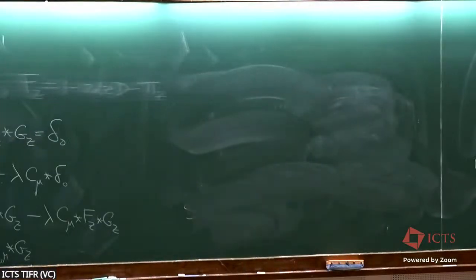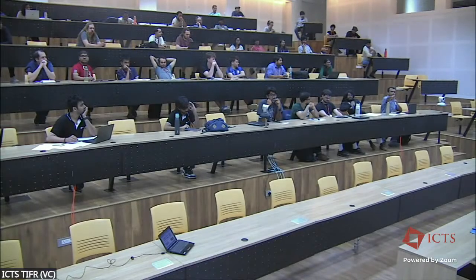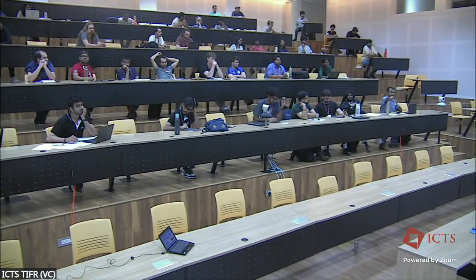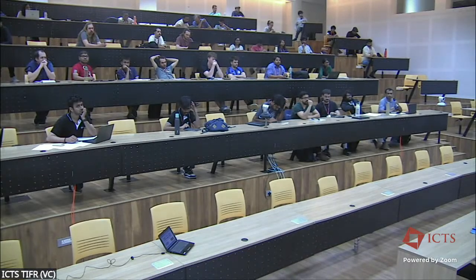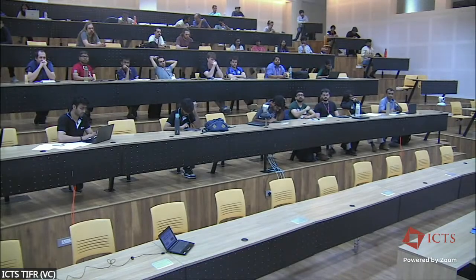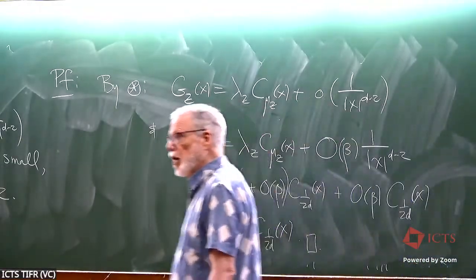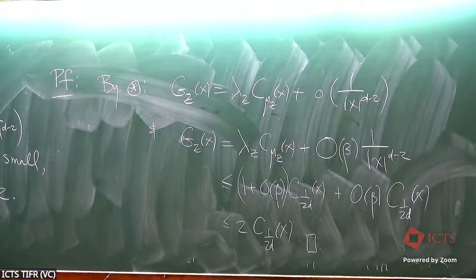Gordon? Yes. So in that, did you just use the big O of 1 over mod of x to the power d minus 2 was probably in that derivation? I used both. So I used the big O with the beta in order to get the 2. But I used the Riemann-Lebesgue lemma to get the small O. So I needed both.